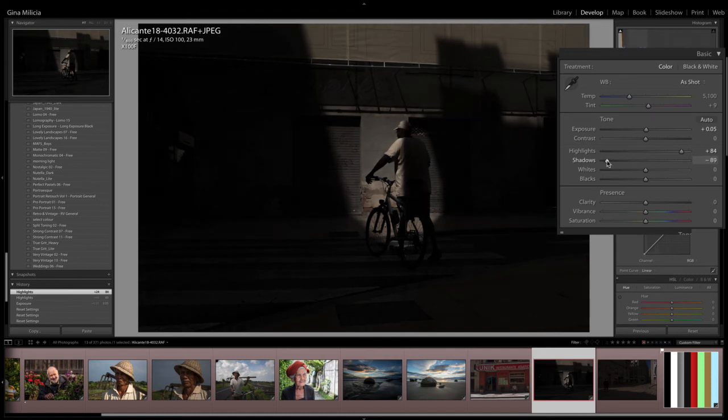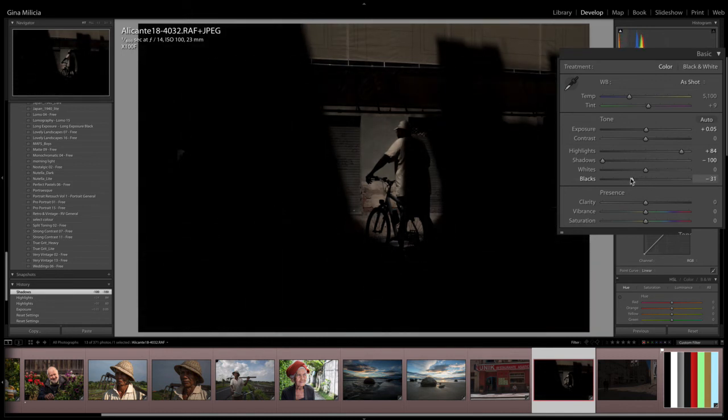So I'm crunching my shadows and I can add black again. So this is a way of adding contrast, but I'm doing it selectively. All right, and then I can add a little bit of white. And so now I've got a very contrasty image and I can convert that to black and white, and I've got like a low key